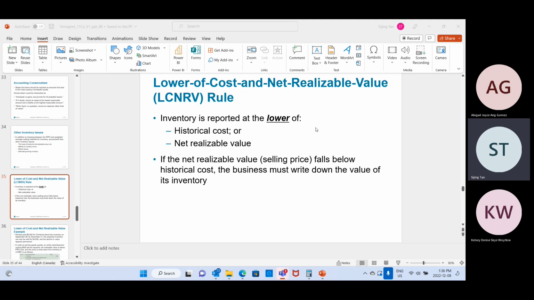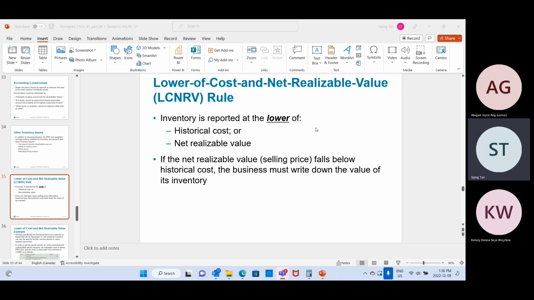It is a rule, right? The inventory is reported at the lower of its historical cost and its net realizable value. So the inventory is reported by comparing those two: one, historical cost; two, net realizable value. If the net realizable value falls below the historical cost, the business must write down the value of its inventory. It happens. Remember,